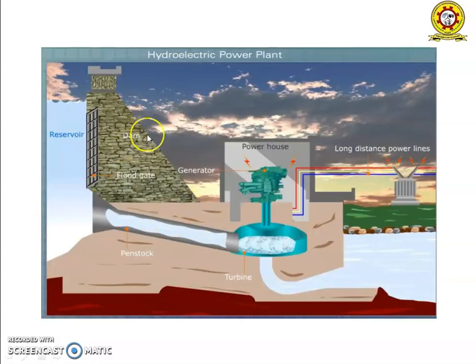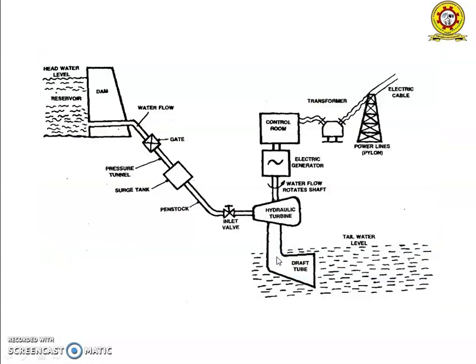And this is another block diagram of a hydroelectric power plant: reservoir with floodgate, generator, powerhouse. So see, this is the block diagram. So in this session, we discussed the water power plants and the essential components of hydroelectric power plants. There are two essential components, primary and secondary. And the applications of hydroelectric power plants are mainly the generation of electricity and irrigation.